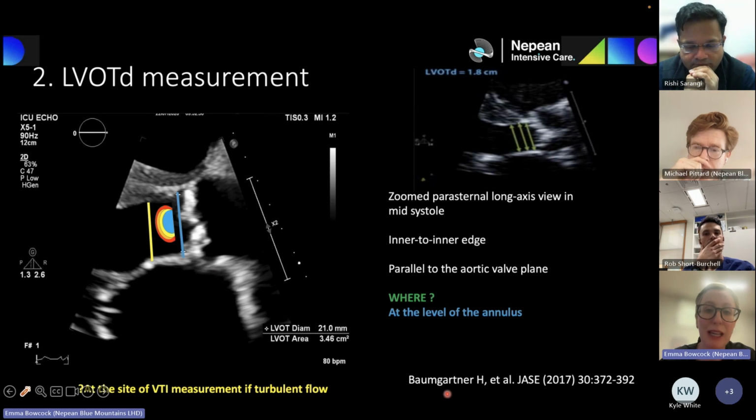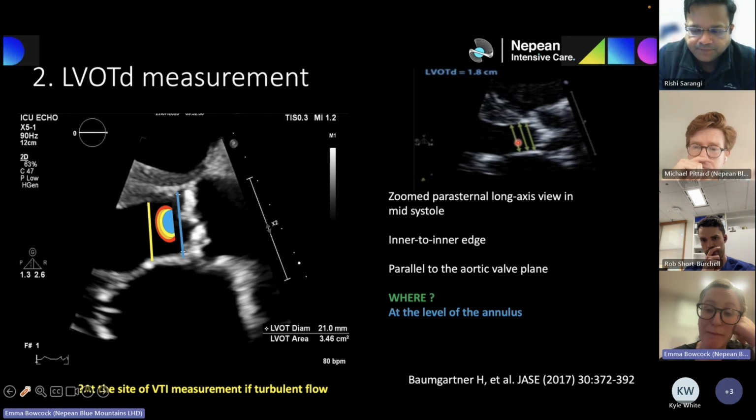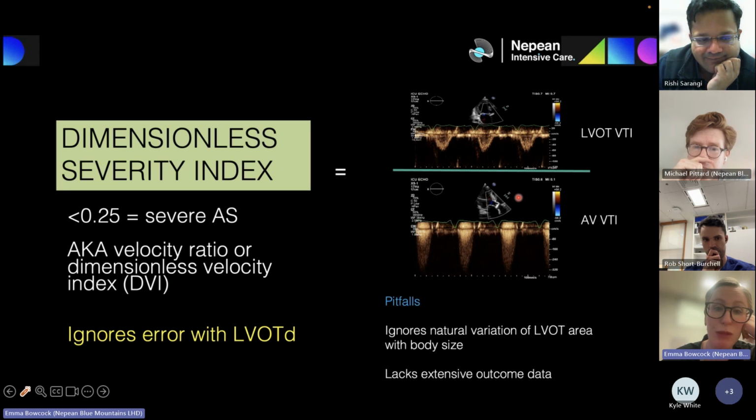But if you read the BSE guidelines, they say, regardless of whether you've got flow turbulence, all of that, just measure at the annulus, don't move back into your LVOT. So it is a little bit controversial. I think most of the prognostic data, and certainly the ASE guidelines, do recommend that you can move back. This is actually taken from that paper. If you've got lots of flow turbulence there, it depends on where you're going to put your sample volume. So it's not easy, which is why we all like a more simplified measurement, which ignores any error with your